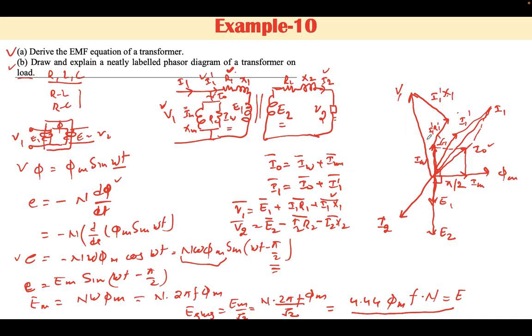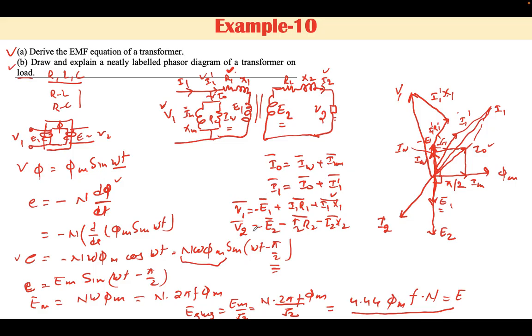This is E1, and this vector is IW, which will remain the same, and this E1 will be just opposite to the E1 vector. Now it will be minus of E1. As we already know, phasor sum and phasor difference are the same, since the phasor difference is a special case of phasor sum, and hence this vector is reversed over here.